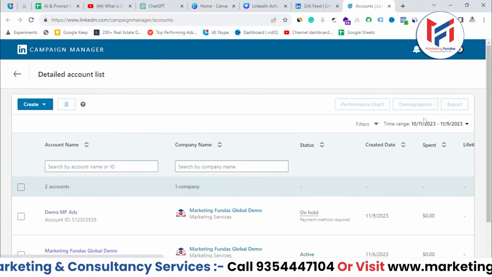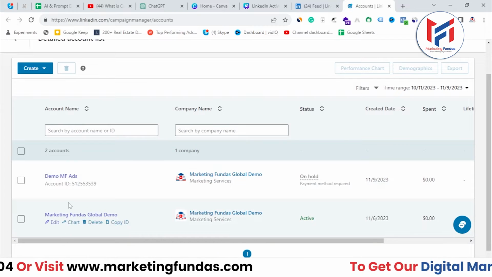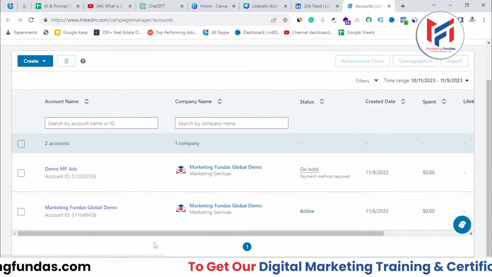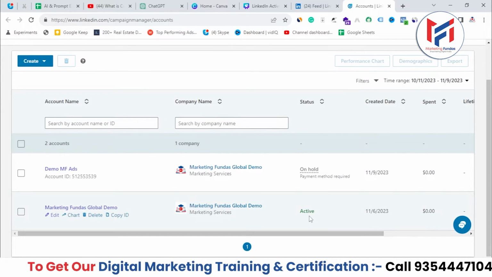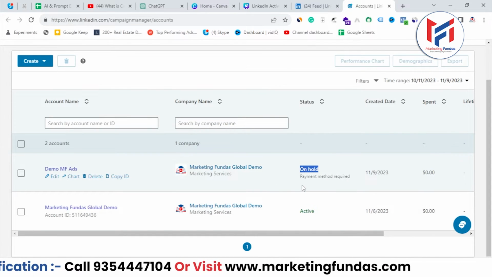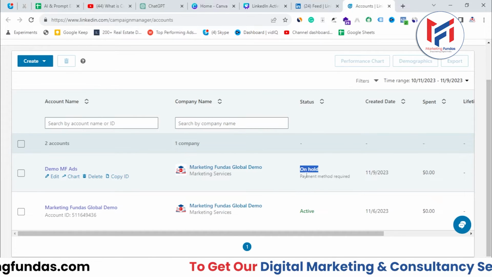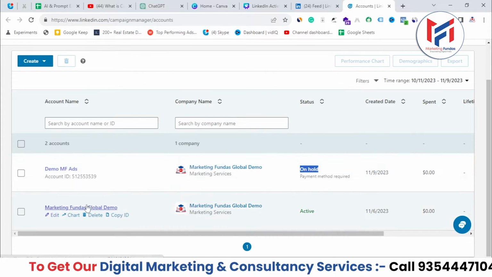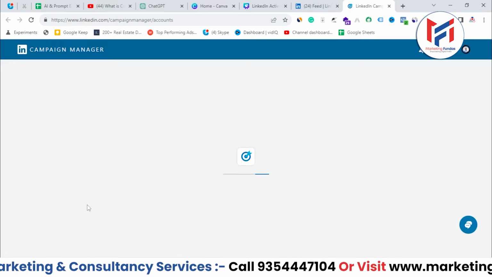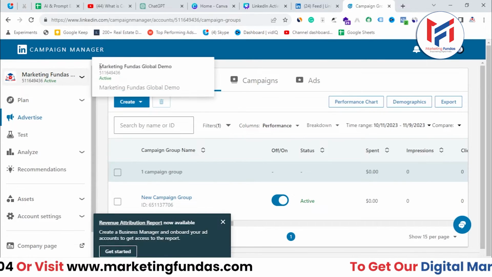campaign manager. Right, now in campaign manager we have multiple accounts over here, right? This one is active because we have added the billing in this account, and this is on hold because it's showing that a payment method is required in order to make it active, right? So let's click on the second one, which is the active one, and once I click on this campaign option,